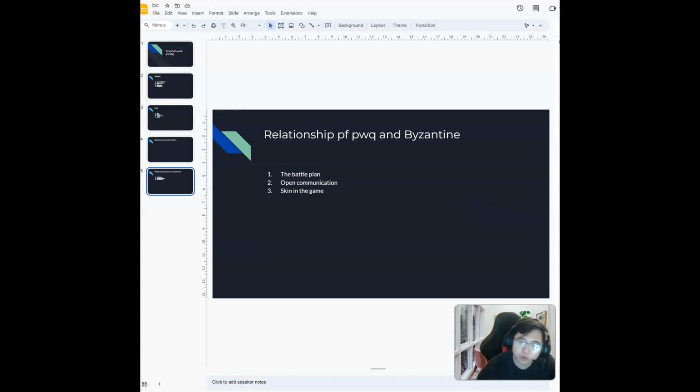For the relationship between POW and the Byzantine general's problem, I basically have three parts. The Byzantine general's problem represents the difficulties decentralized systems have in achieving consensus in the presence of fault or malice. It asks how to guarantee that all loyal generals will take the same action when some generals may be traitors who could be sending false signals.